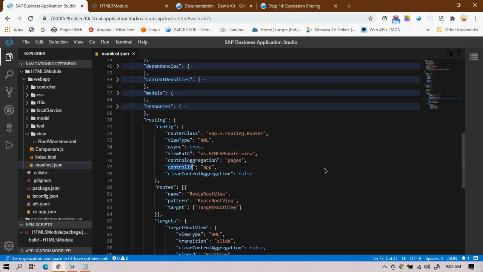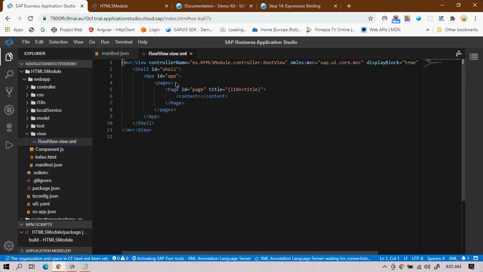Okay, then we have the control ID. The control ID is associated with the control aggregation, and I'll tell you the structure.